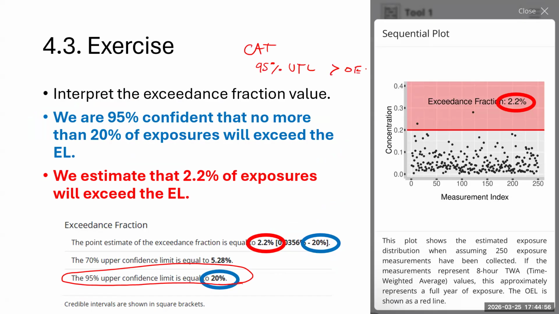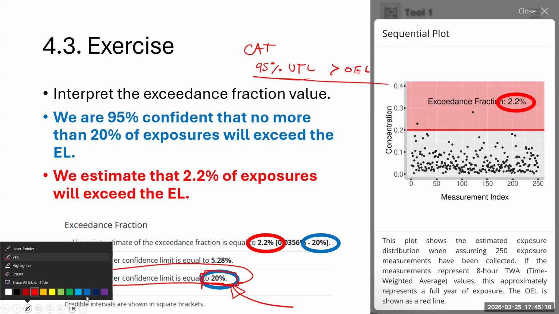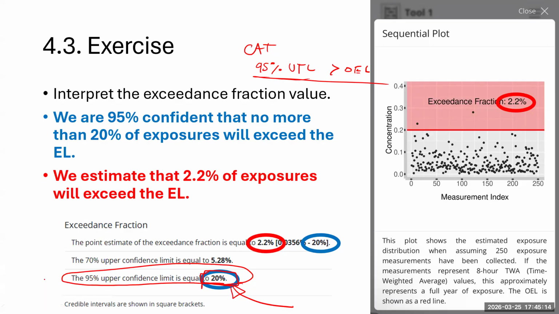But maybe you highlight this more than that, because I agree that this may be more intuitive for management, for the supervisors or your client, whoever that happens to be, for you to say, well, we're 95% confident